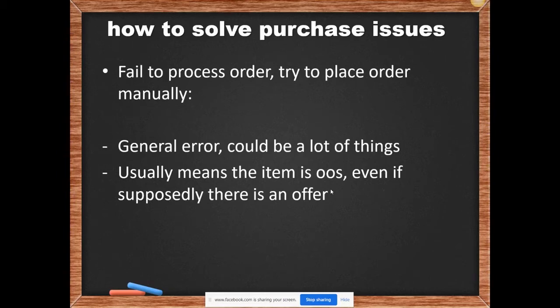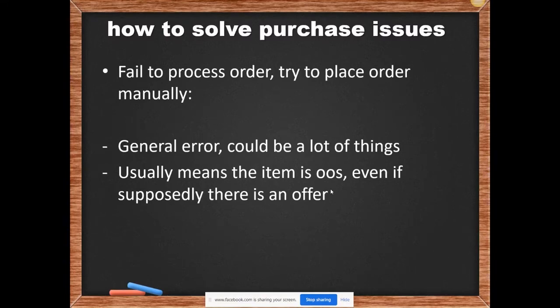But sometimes you check it and you discover that there is an offer. So you tell yourself, okay, I see the offer, the price is right, so why did the system fail this order? So you push the place order button again, automatically, and you wait for 30 minutes or so, and it fails again. And then you understand there's some problem here. So you try to place it manually. And usually you'll discover that even though there is an offer, and it usually happens with Amazon orders,